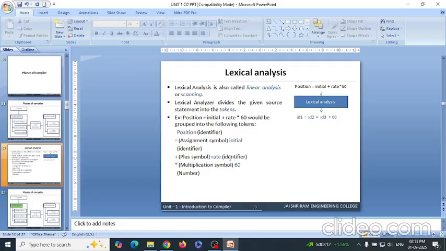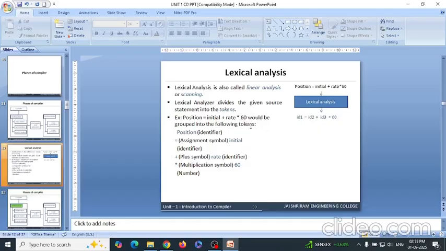For example, consider the following statement: position equals initial plus rate into 60. This statement is broken into tokens. The tokens are position, initial, rate. These are all identifiers. Then the assignment symbol,